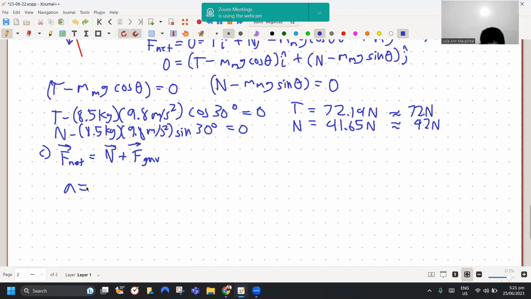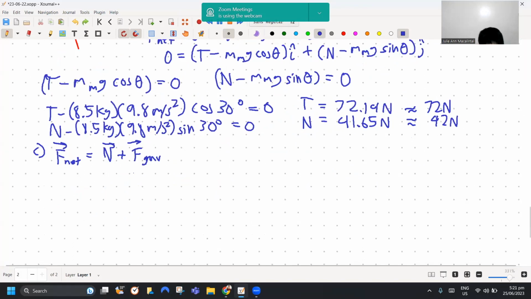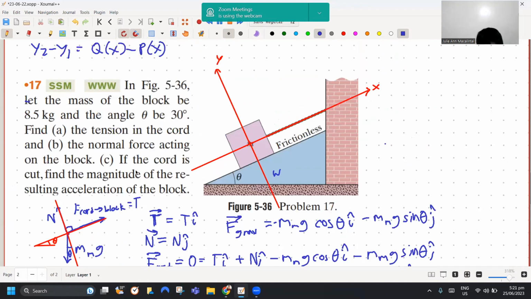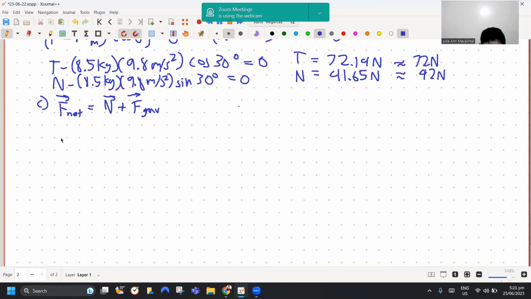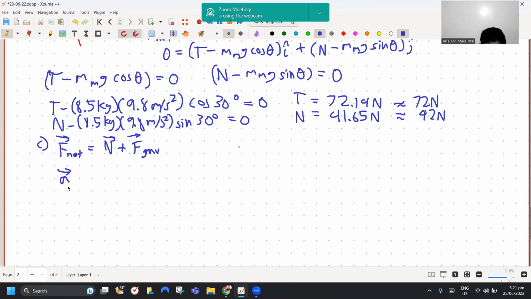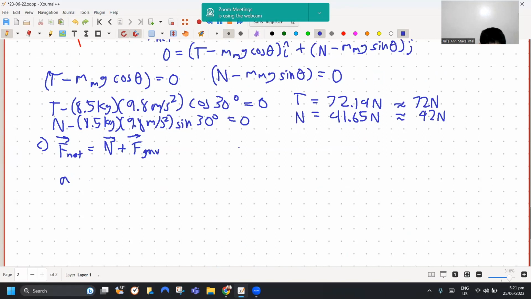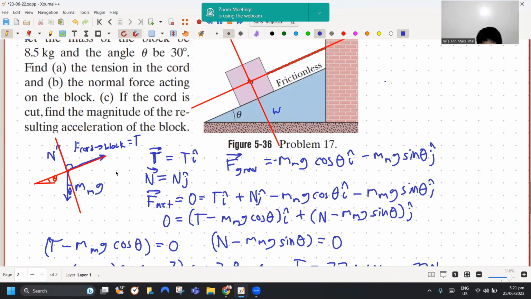Components. Hindi pwede, vectors yan, kaya importante yung components. Along y. So m times a y is